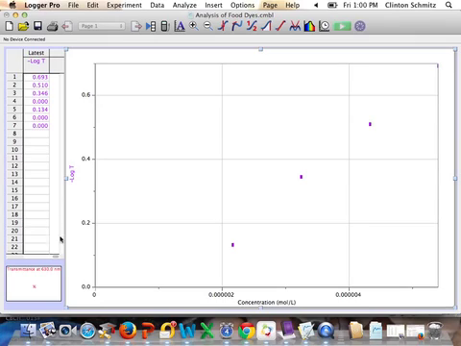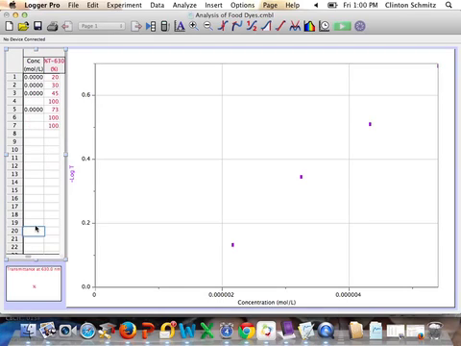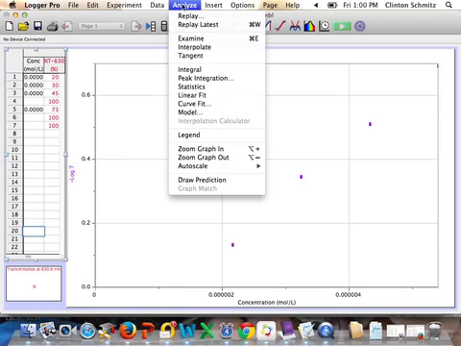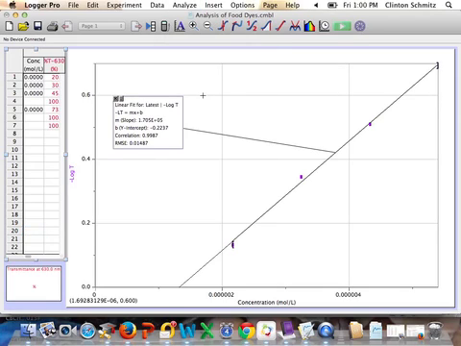So your job is basically to figure out which one of these sets of data on the y-axis stands for absorbance. Once you get what you think is the linear relationship, you need to analyze, linear fit, that data, and you will get a straight line, hopefully. Hopefully it pretty much goes through all your points. Then you're going to want to save this and print it, because we're going to need to know the slope and the y-intercept to use for something next Tuesday,